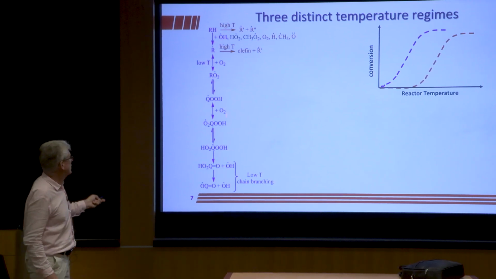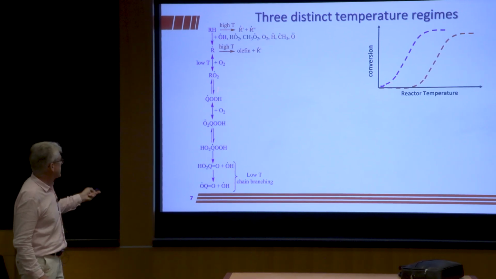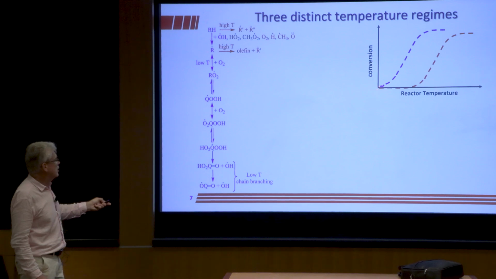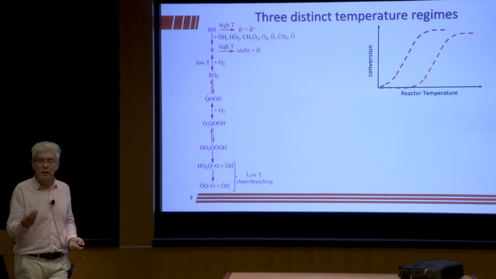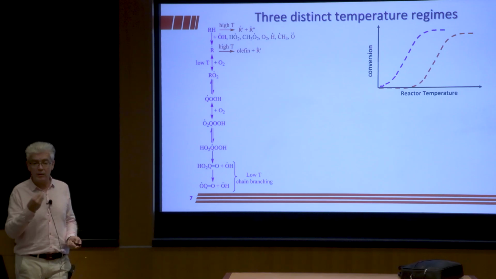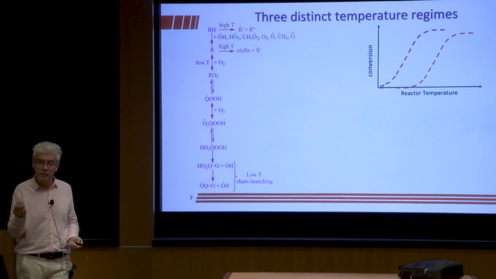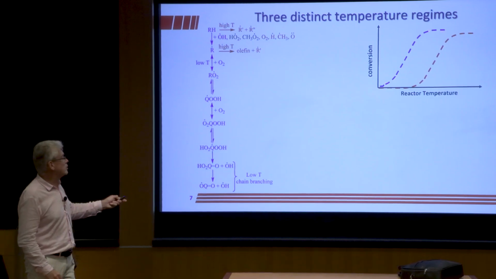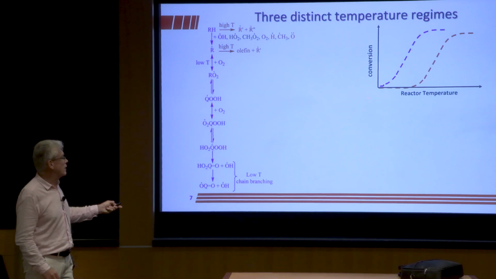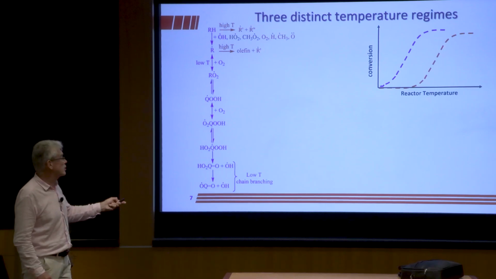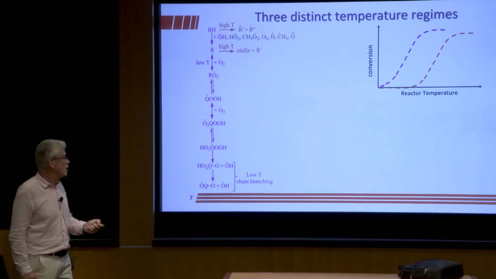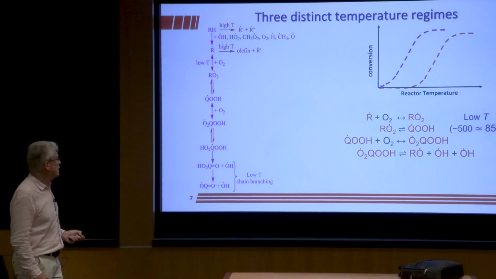At low temperature, you have this chemistry where you have no barrier for R plus O2 addition, and lower energy barriers for the isomerizations and so on, and then you get conversion at low temperature. If you only had this chemistry going on, the conversion would follow the blue line. At high temperature, the conversion of the fuel follows the red line. But actually what you see is